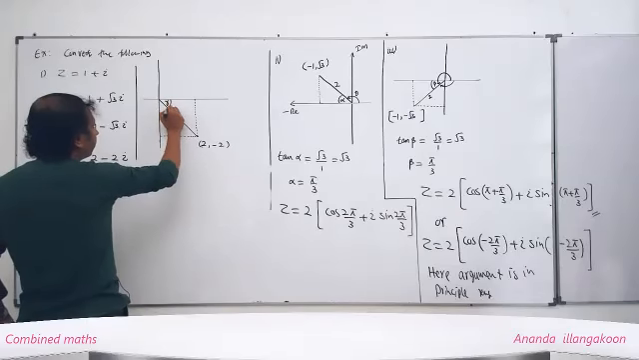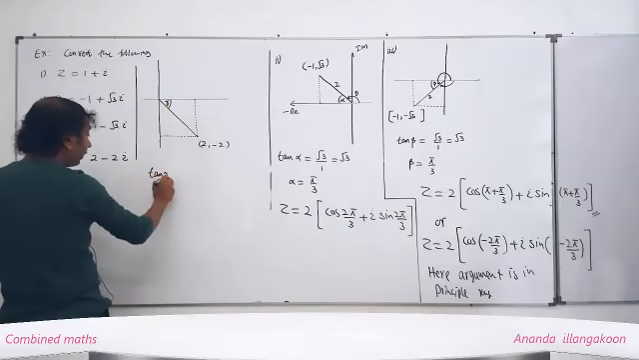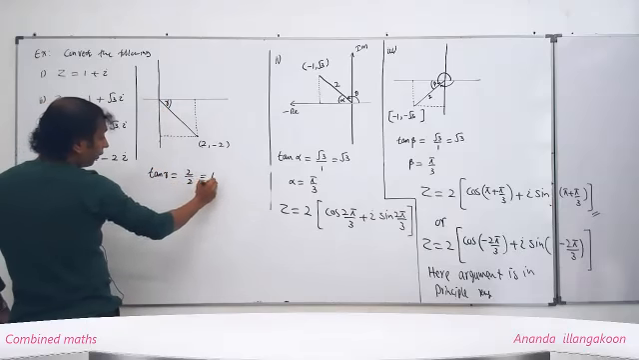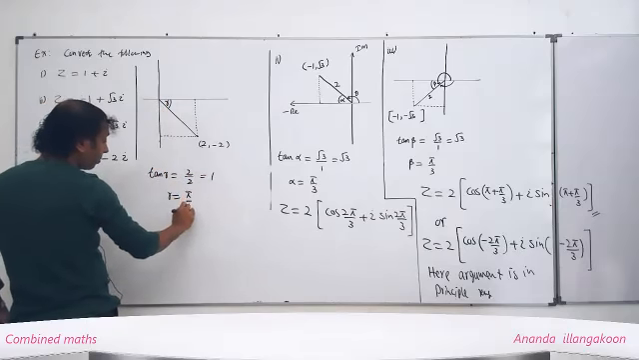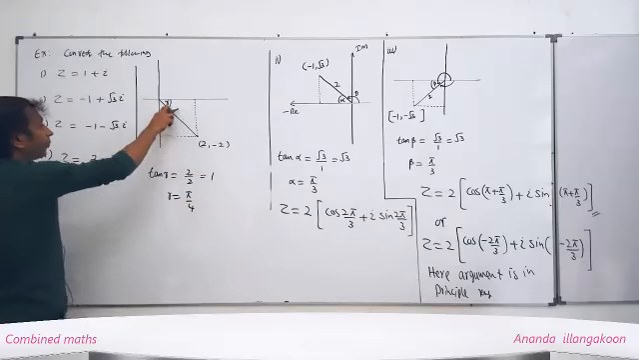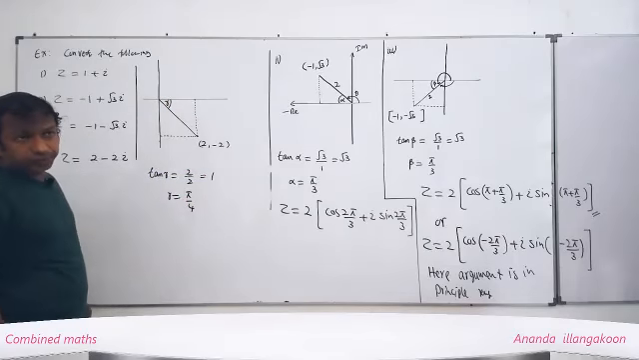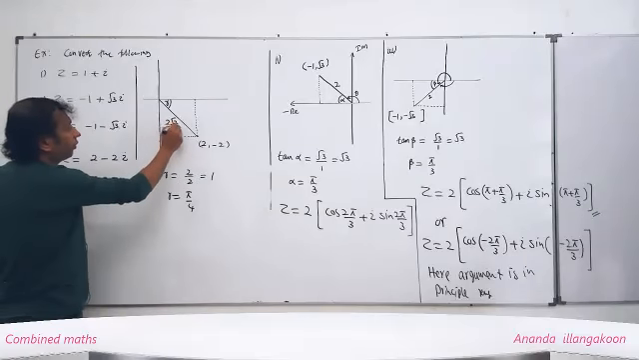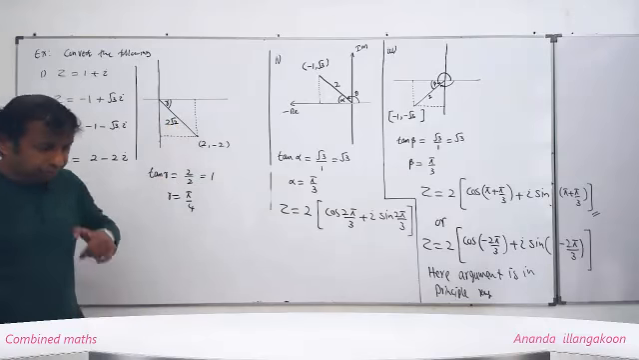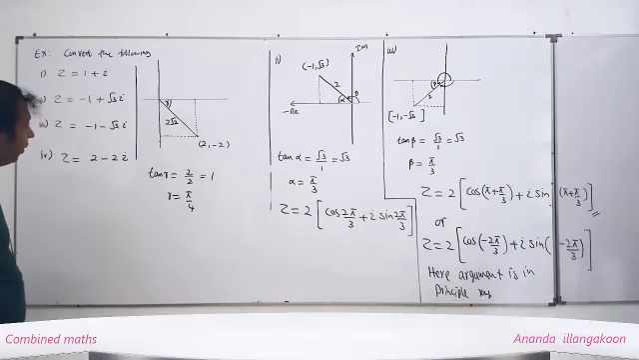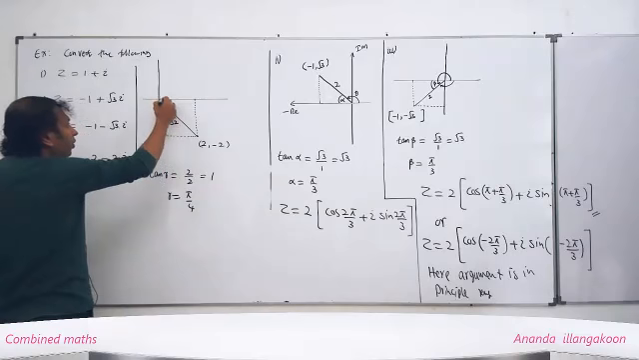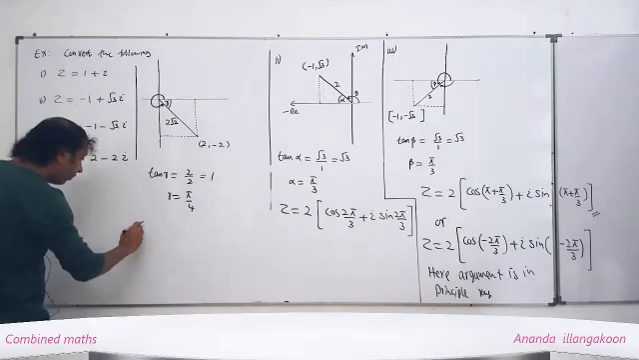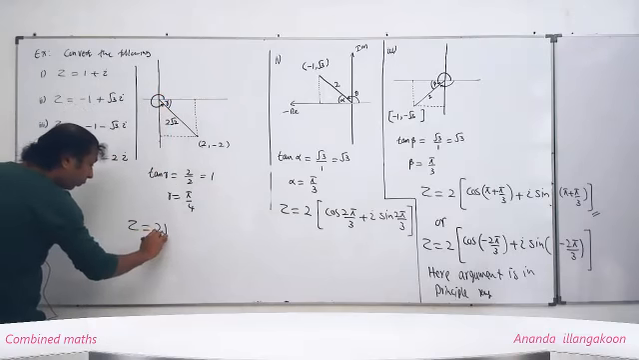Let this angle be gamma. tan gamma, you can write 2 by 2, it's 1, gamma is pi by 4. This length, what people? 2 root 2, no? 2 root 2, by using the Pythagoras theorem. Then you can write z equals 2 root 2